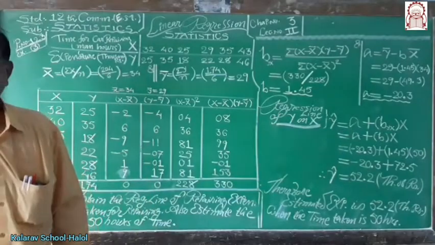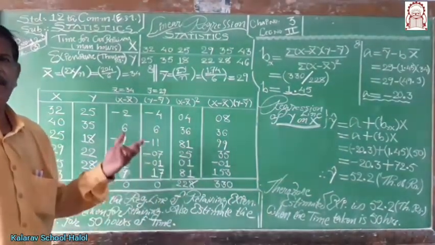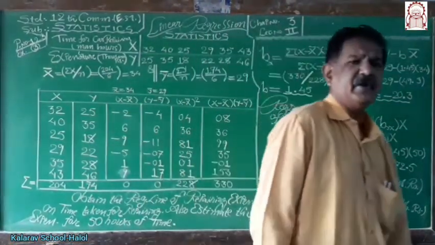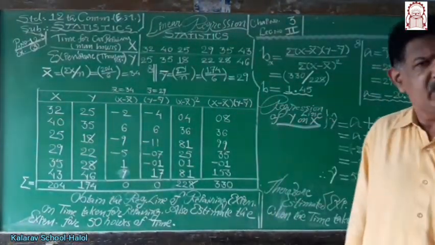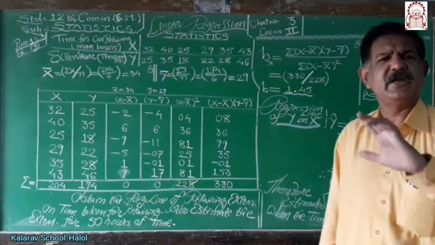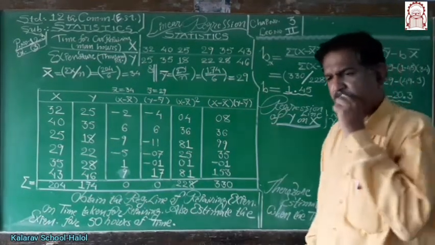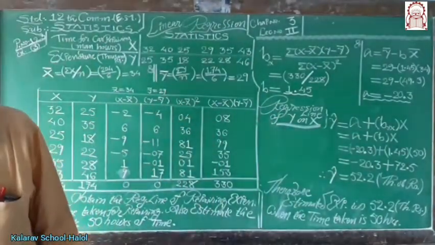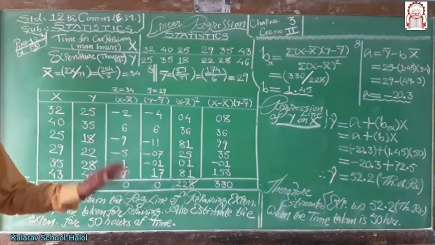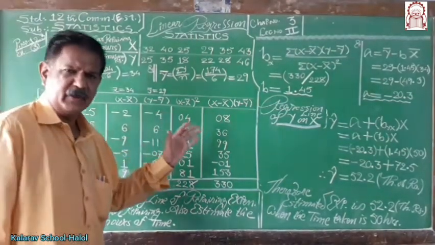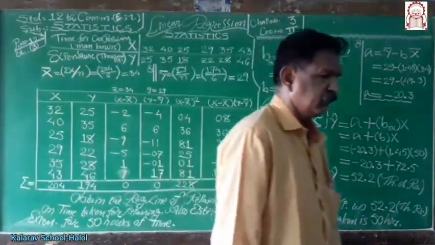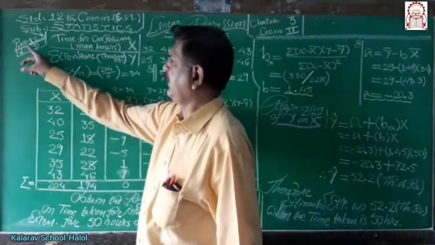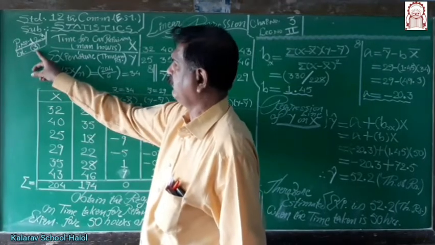Last time in statistics we studied the initial part of chapter number 3, that is regression analysis. In general, there are two regression lines, regression line of y on x and regression line of x on y. Today we are going to take one important method of this chapter, in which x bar and y bar both are completely integer values. In our textbook, page number 123, example number 3.